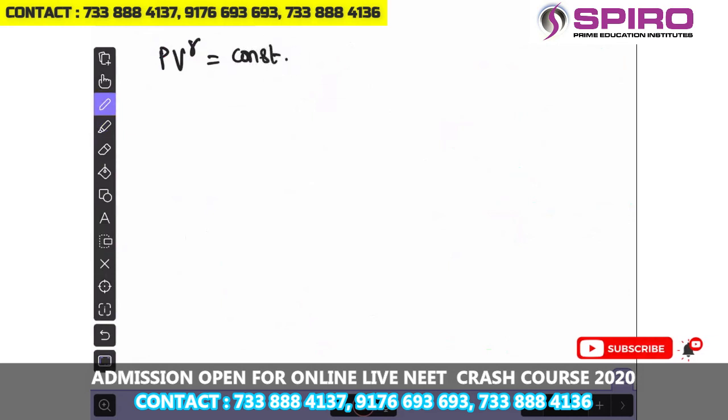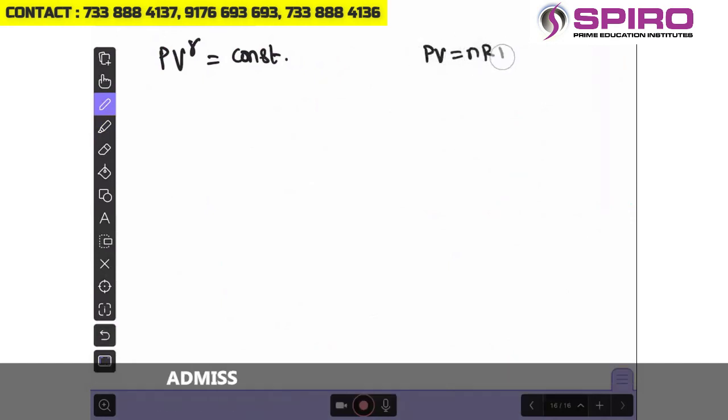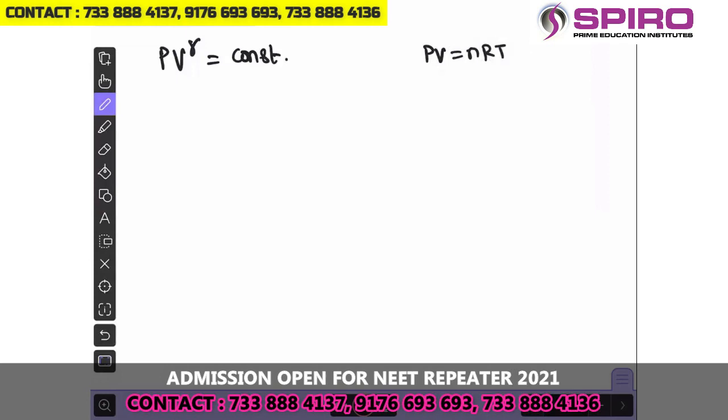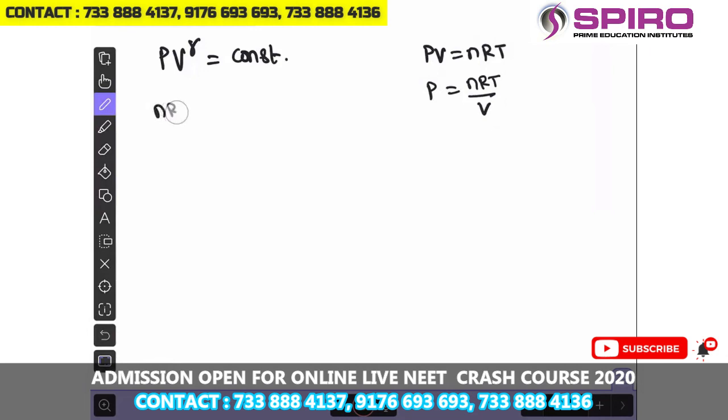I'll take the help of the ideal gas equation. What does the ideal gas equation say? PV equals nRT, right? And I'm going to replace the pressure now. So instead of the pressure, I can write nRT by V. Instead of the P, you can write nRT by V